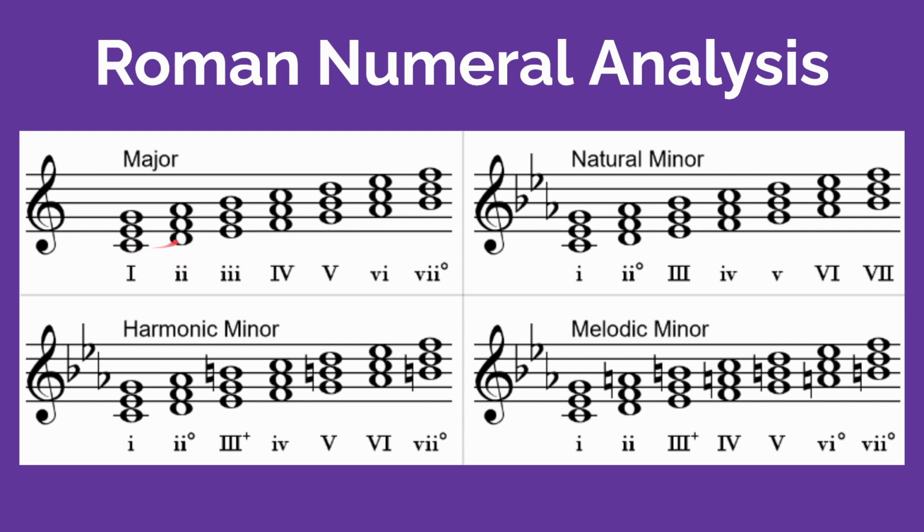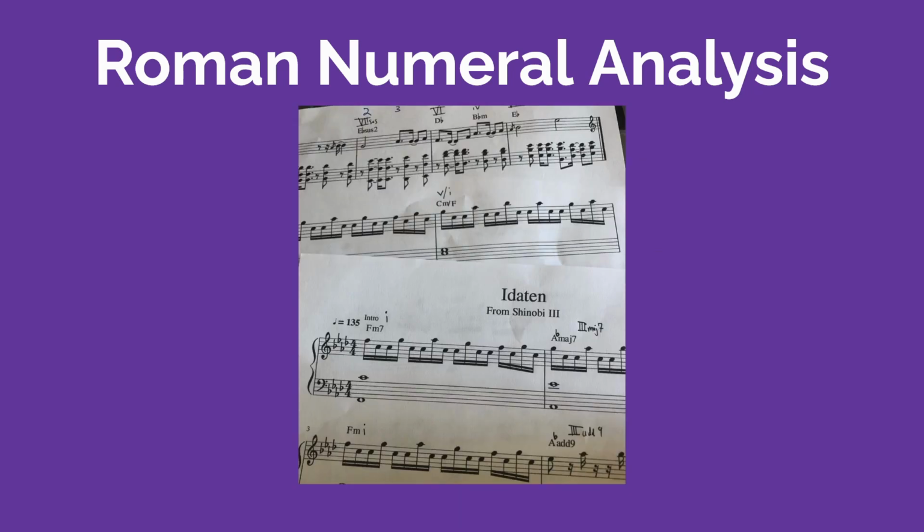If you were to build triads on each tone of the major scale, those are the degrees of the scale. You also have the natural minor, melodic minor, harmonic minor. We won't worry about that for this particular demonstration. So what Roman numeral analysis entails is actually going through and taking all of the chords of a lead sheet